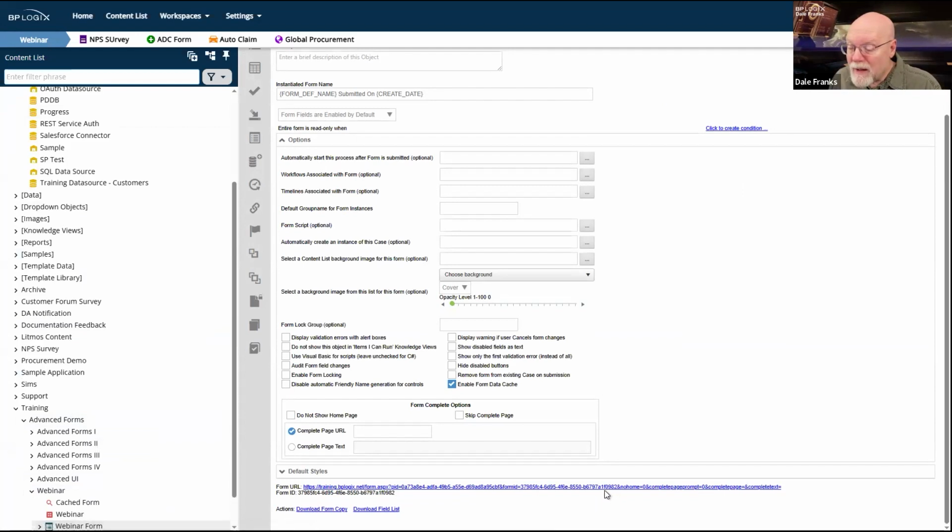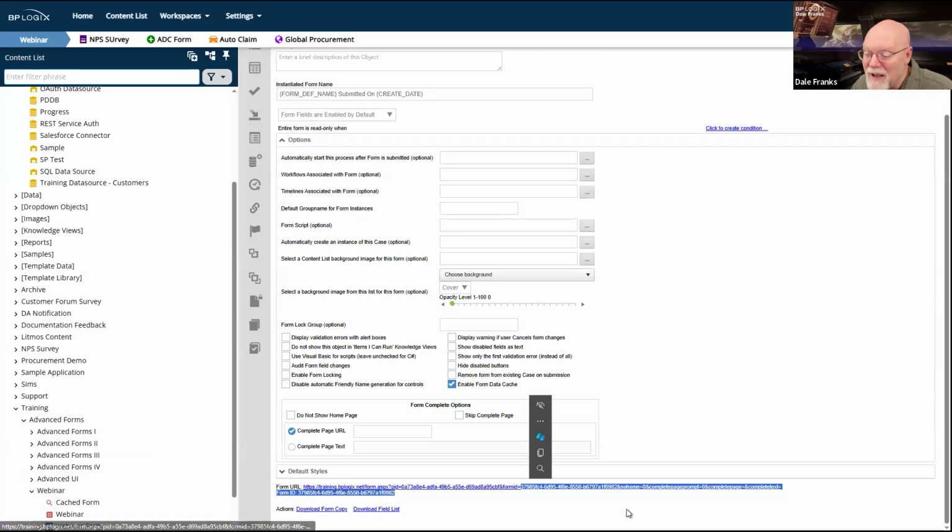which ends in 1F0982. Okay, I'm going to try to remember this. Can I copy this? Yes, I can. So I'm going to copy the form ID and paste it into a text document that I happen to have open, because that's where my notes are for today's webinar. I do not want that to be a link, so I want to delete all of that link text. Sorry, it just automatically wants to make things a hyperlink. All I really care about is that GUID.